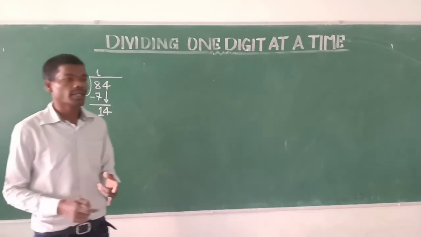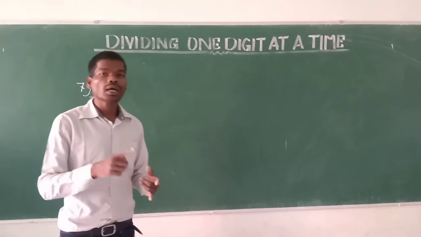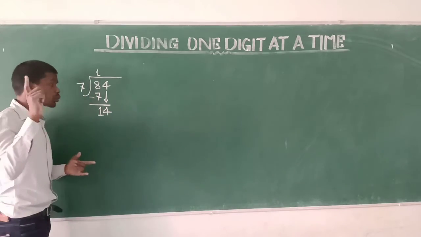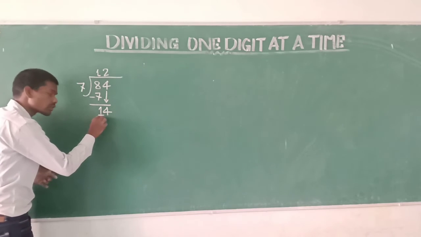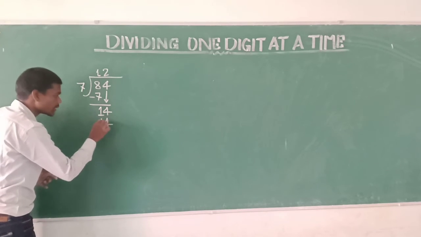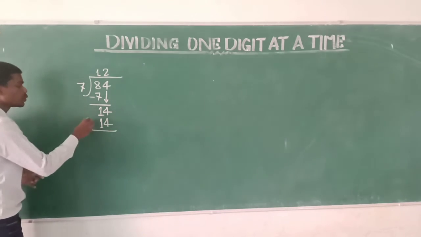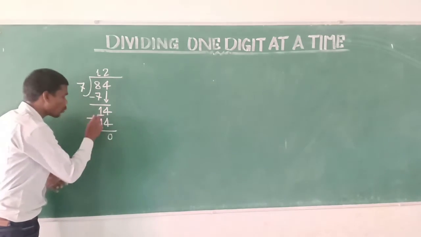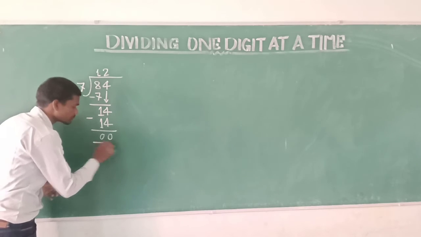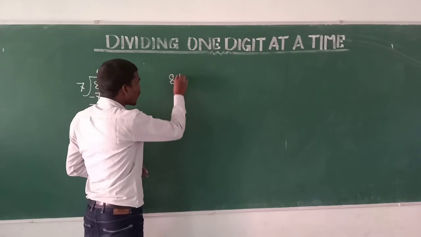7 1s are 7. 7 2s are 14. Means in 2 times you can finish. 7 2s are 14. Okay. 7 2s are 14. Now minus it, 4 minus 4, 0, 1 minus 1, 0. Okay, 81